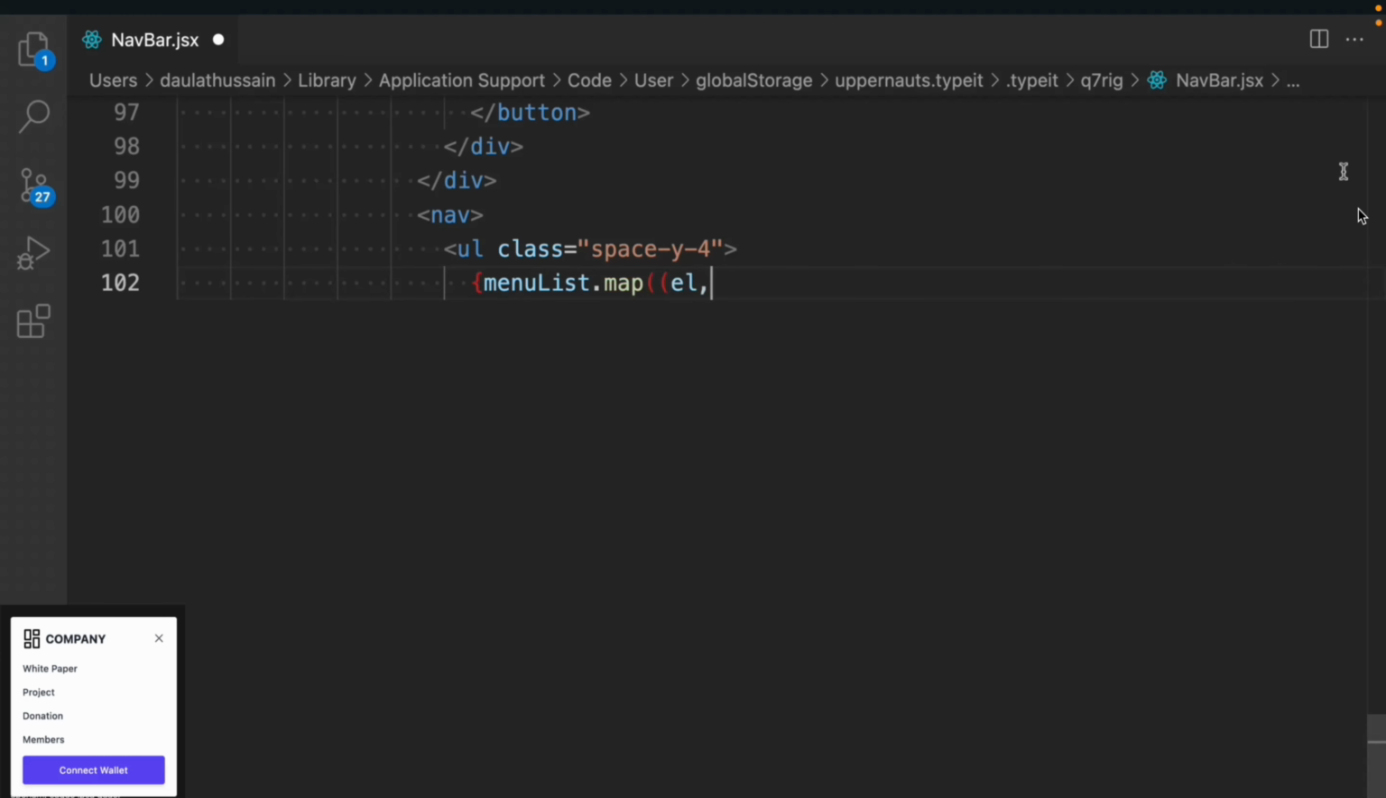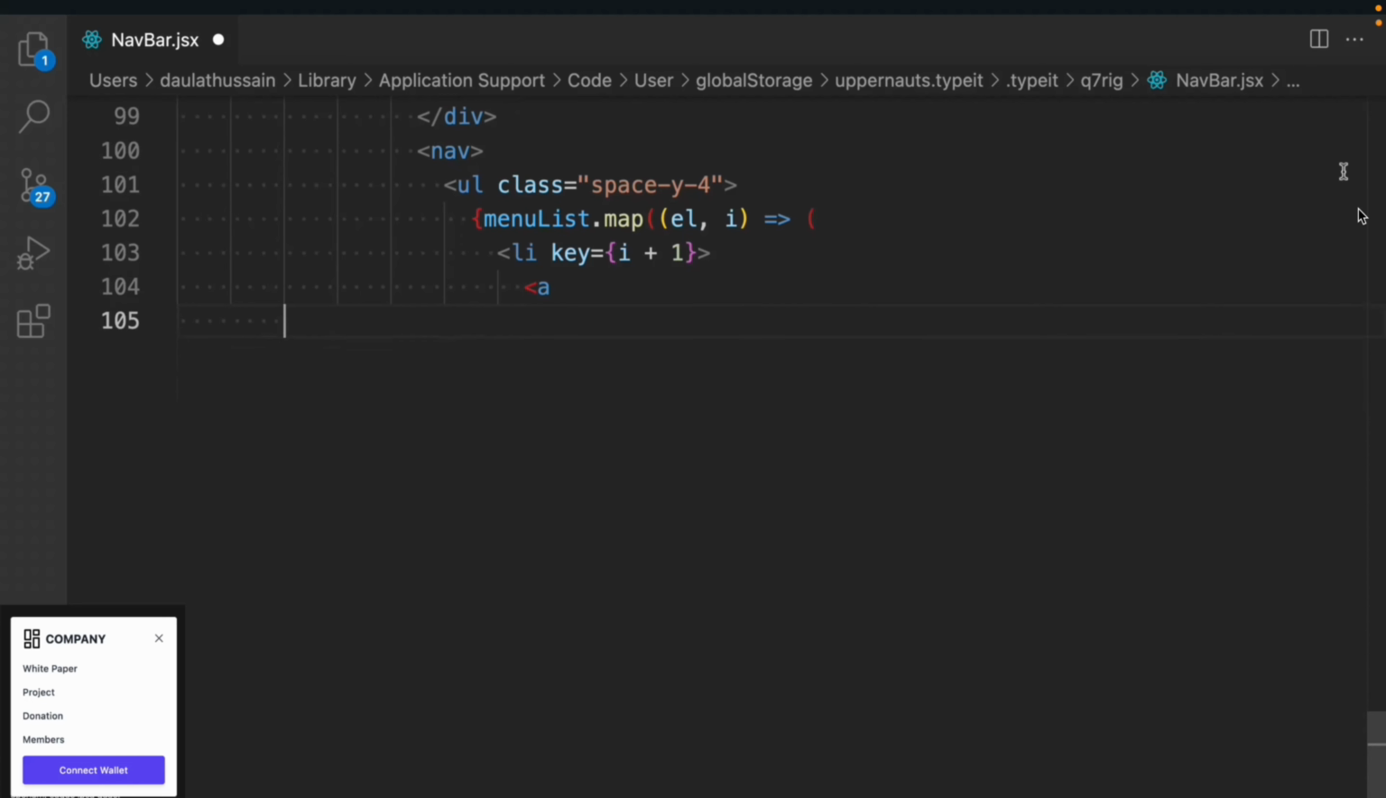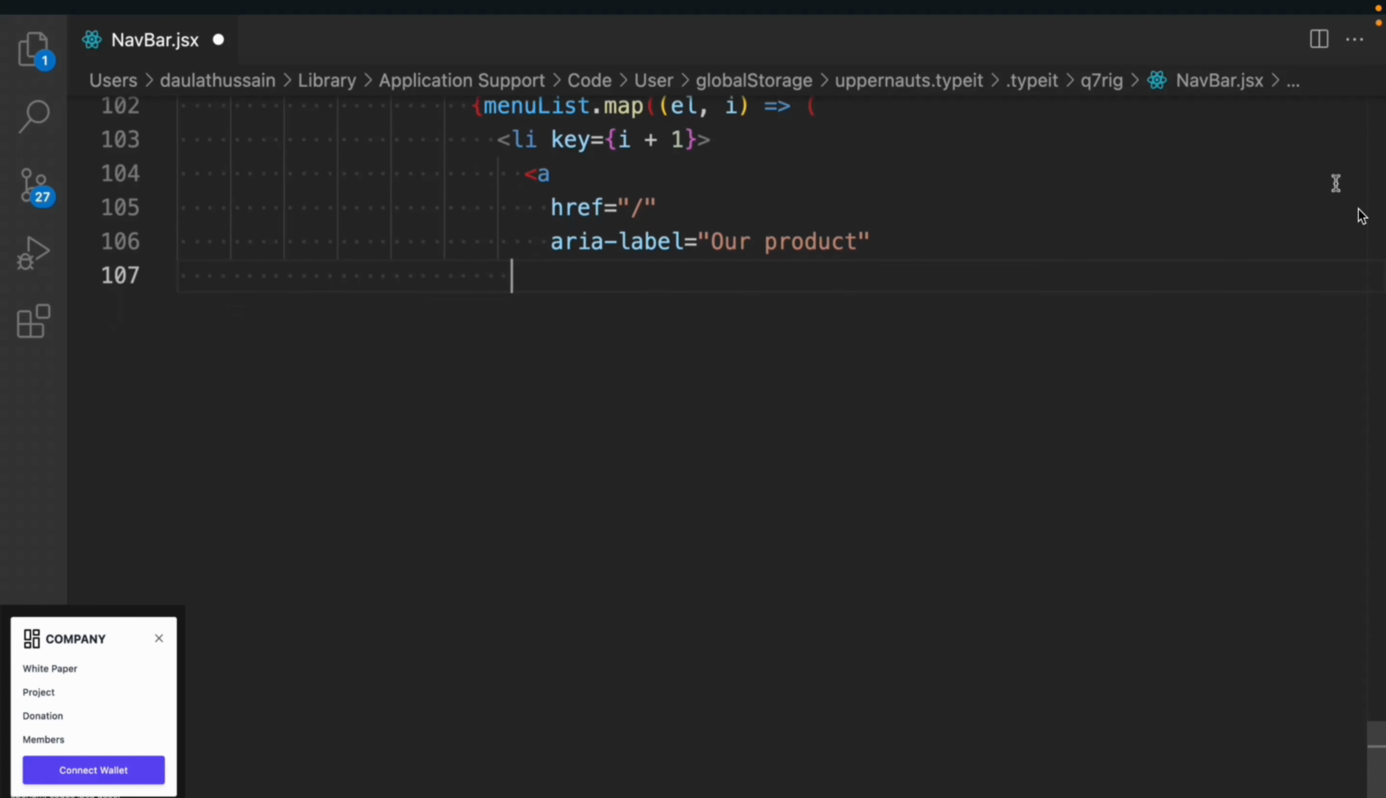So we have the menu list, we'll loop over it. Okay, so inside that we will take this li, it will have a key. In that we're going to take this anchor tag, and we have to provide all the variables. So we'll provide the href, the destination where we want to redirect the users, and let's provide other variables. So aria-label is going to be our product, and the title will be our product,